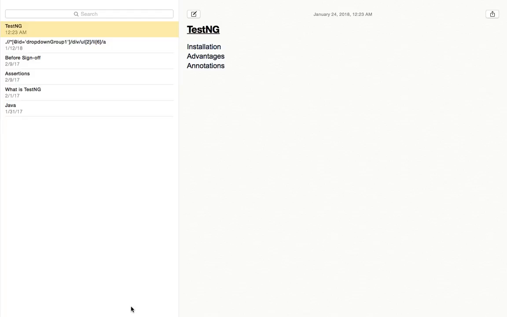In last session we have seen how to install TestNG and also the advantages of using TestNG. So whenever we talk about framework in our future classes, the concept of TestNG is very important. So you have to know more about annotations end to end. It's good to have end to end knowledge of TestNG. So for that we'll discuss in today's session what annotations are and what the basic or common annotations are that